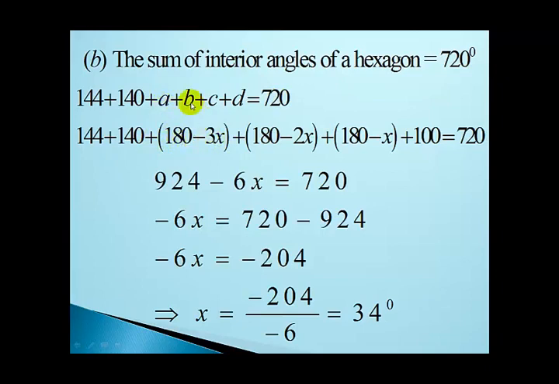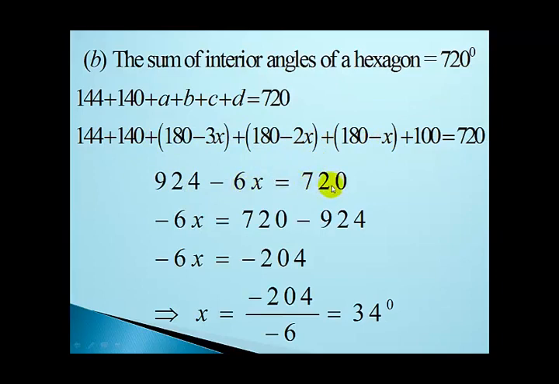B gave us 180 minus 2x. C gave us 180 minus x, and D gave us 100. And so 144 plus 140 plus 180 plus 180 plus 180 plus 100 is equal to 924. Minus 3x minus 2x is minus 5x, and minus 5x minus x will give us minus 6x, and this is equal to